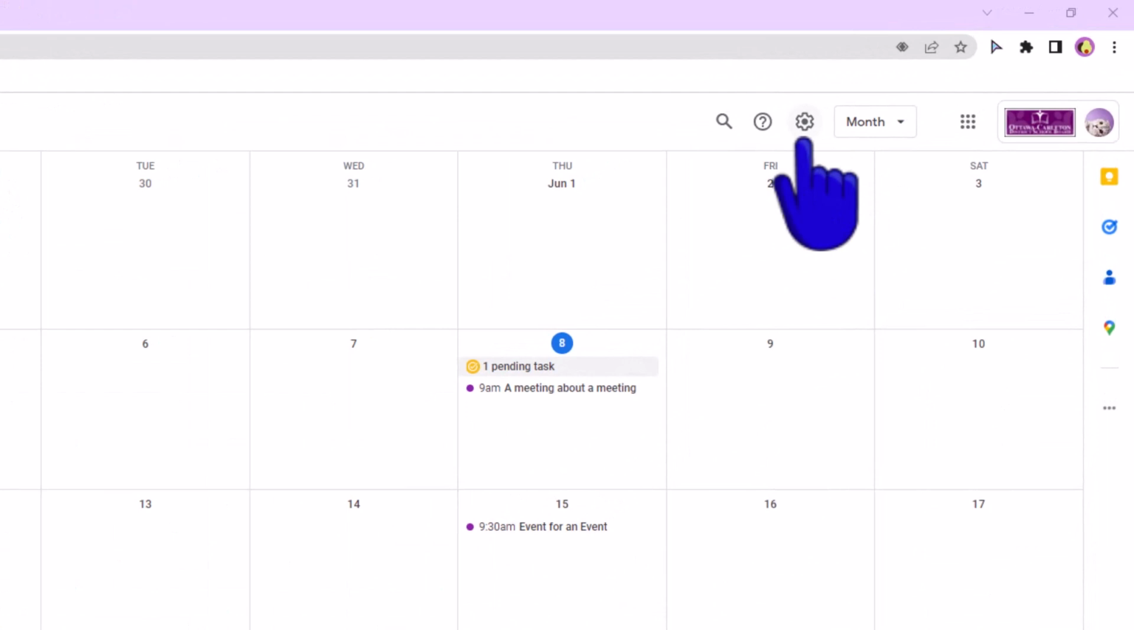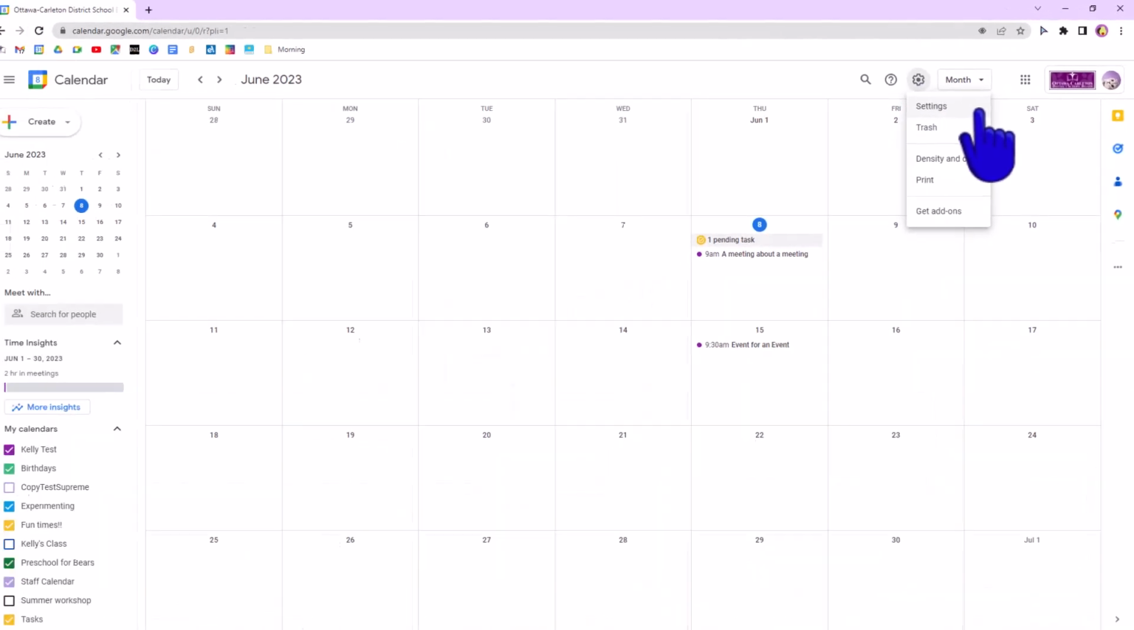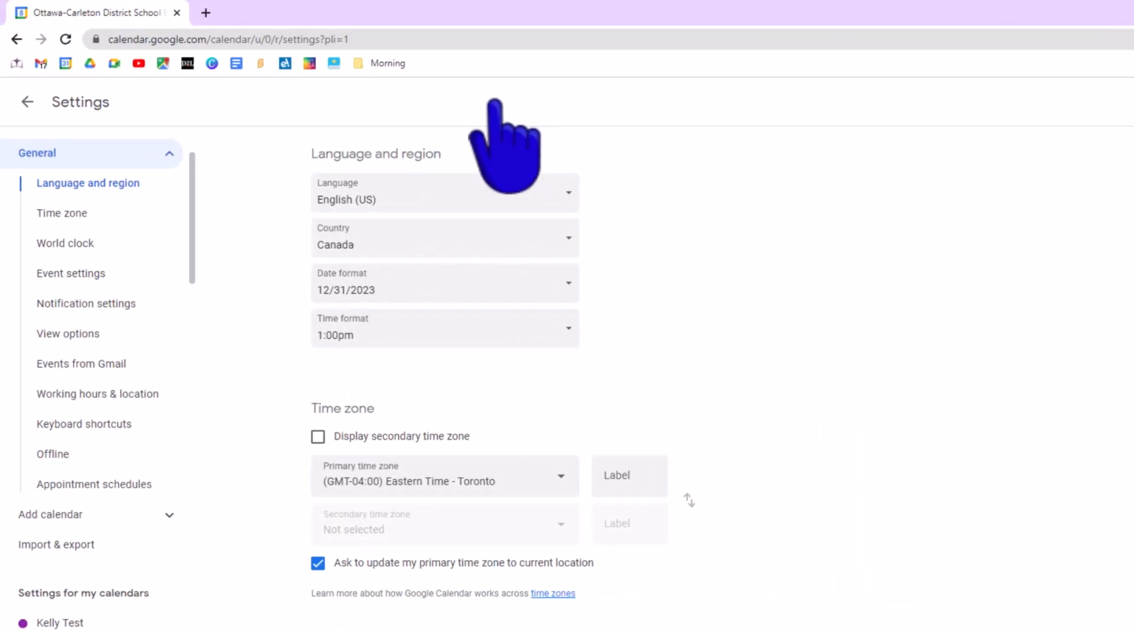Select the cogwheel and select Settings. On the left-hand side you will see General. In General Settings, this is where you can make changes to your overall calendar experience. You have different options here. You have your language and region settings. You can set your time zone and your world clock. You also have event settings, notification settings, your view options, events from Gmail, working hours locations, keyboard shortcuts, offline, and